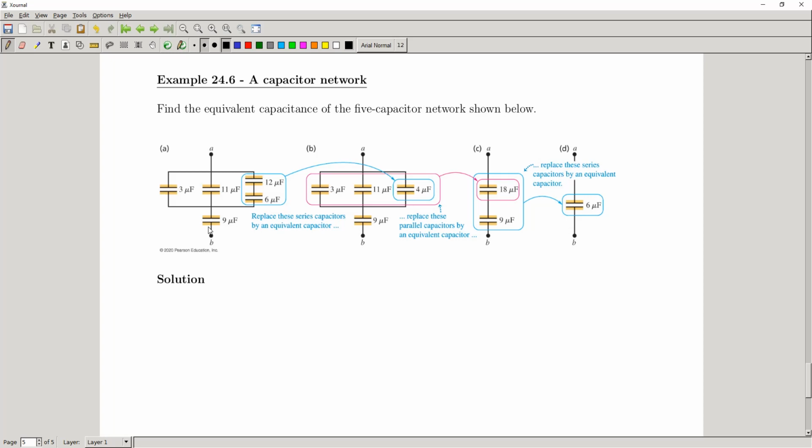And we want to replace this whole thing with a single capacitor that's going to give us the same capacitance. Okay, and so let's take a look at how we go from diagram A to diagram B to diagram C and finally to diagram D. We can see what the final answer is going to be here, but let's follow the steps on the way through, right? Okay,